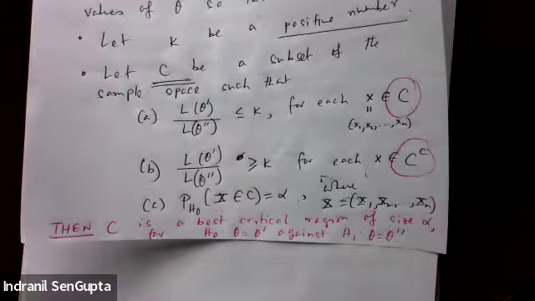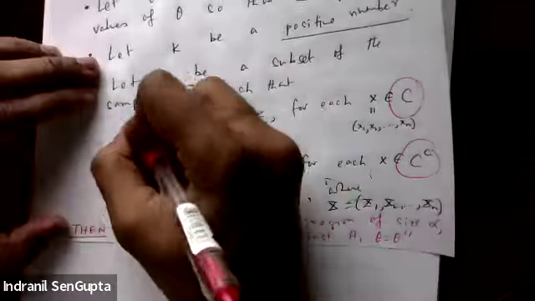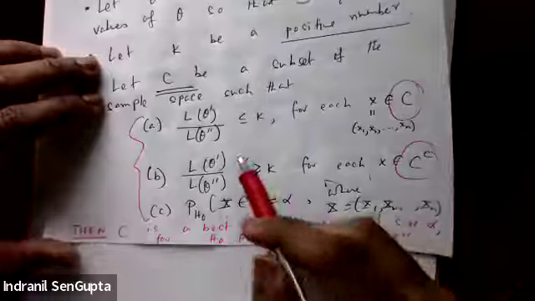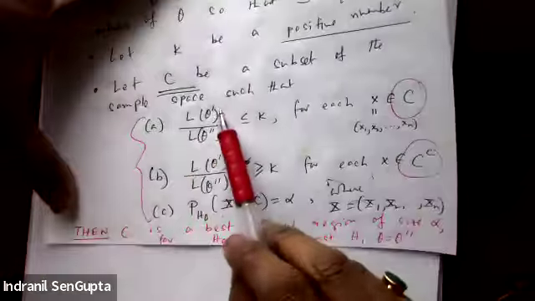That's the conclusion. Okay? So if these three conditions hold, meaning that if we have L of theta prime,